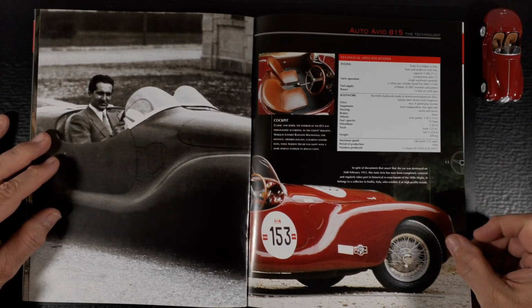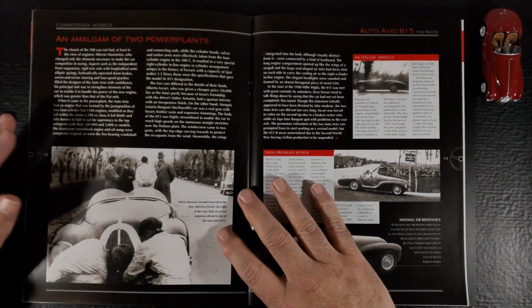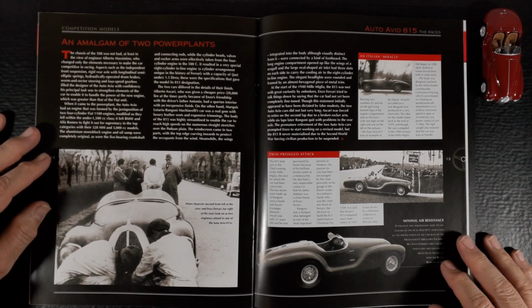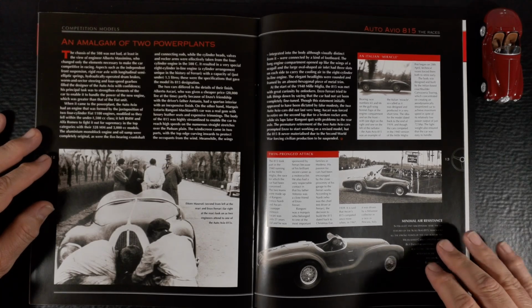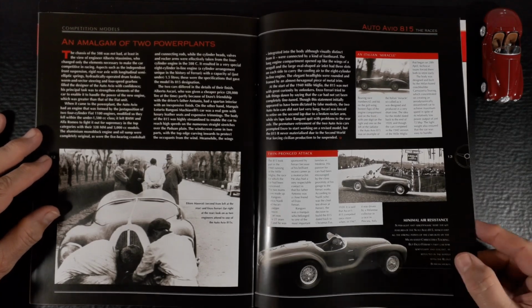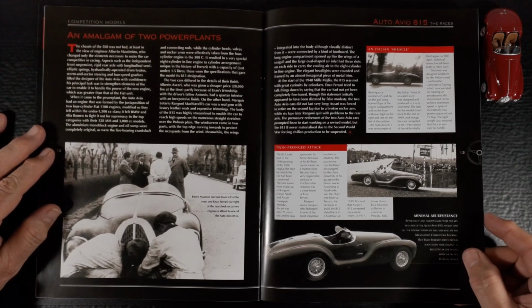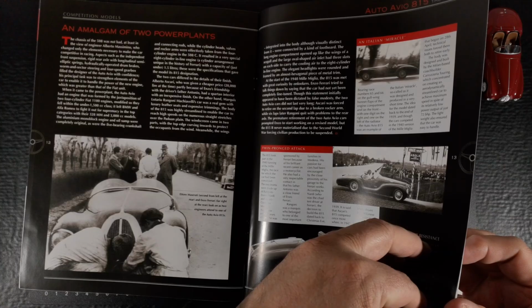2 produced. Chassis 815 020, and the 815 021. Okay. Well, certainly not much. Obviously the long tail and the short tail, and that was it. Alright. We are talking about 1940 here. There were some things going on in the world shortly after. Maybe that did muck up some of the